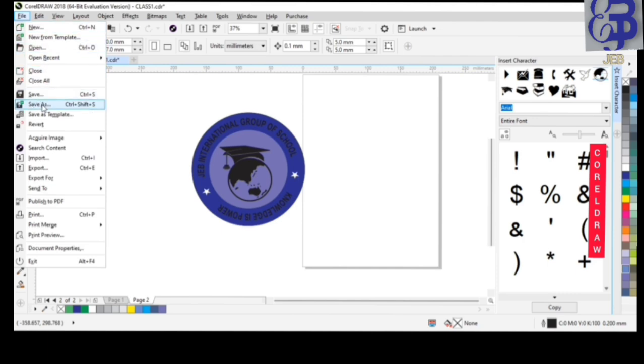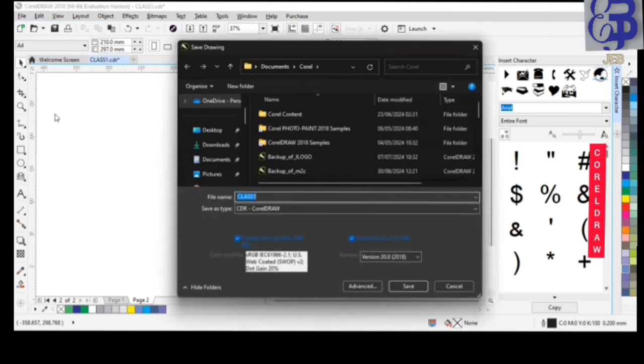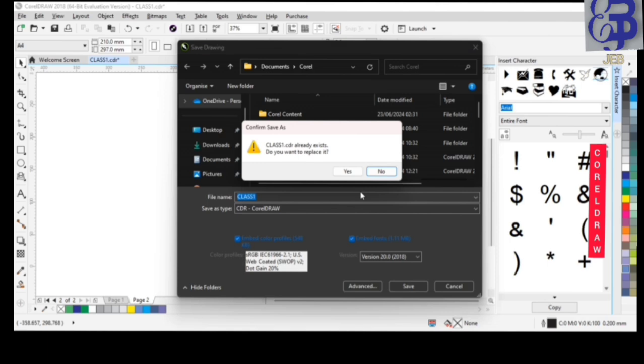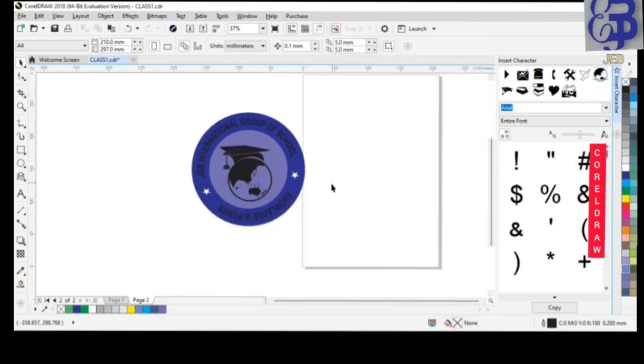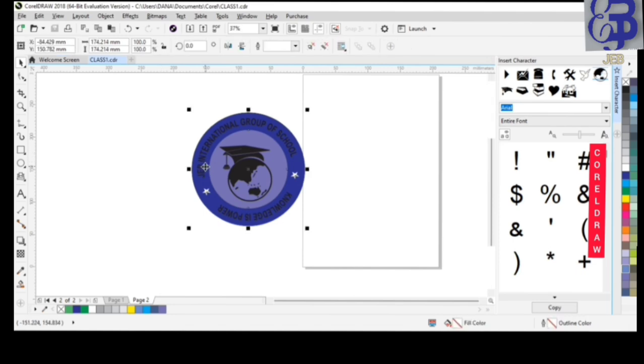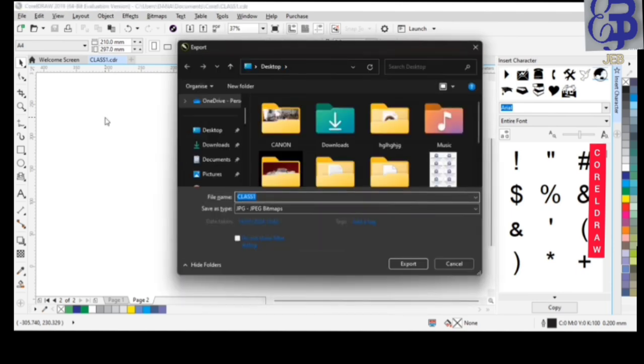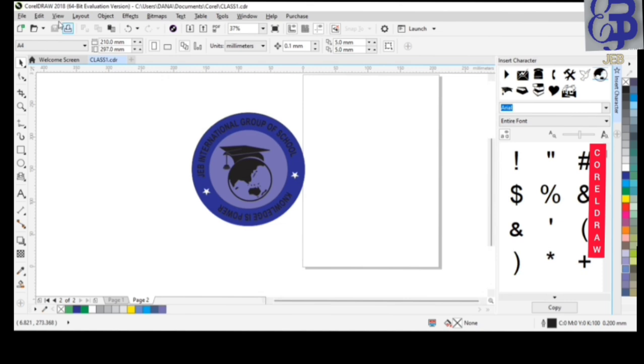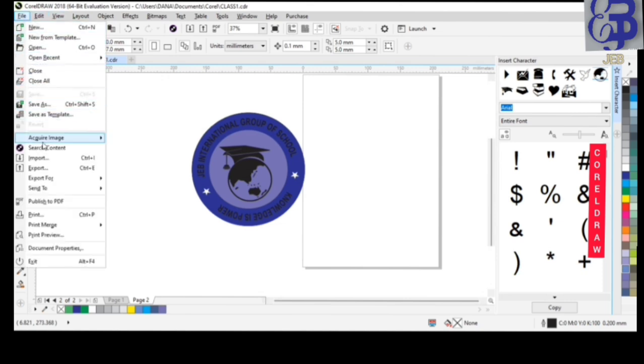Now we want to export these documents. We click on File. First of all, we save it. If you want to save, you just click on File, go to Save As, and save. Now if you want to export this, we go to File also, or we click on Ctrl E. So let's go to File. You see it there, it says Ctrl E,